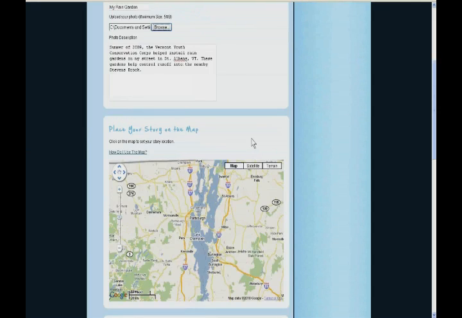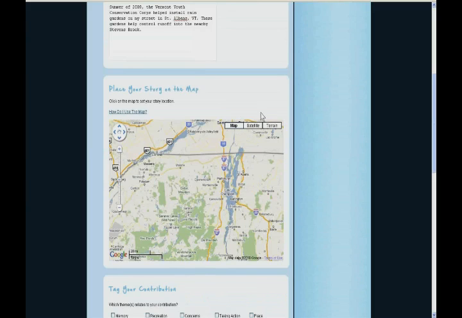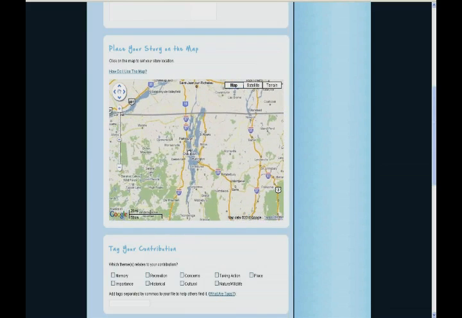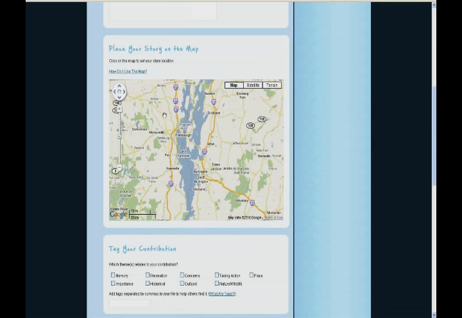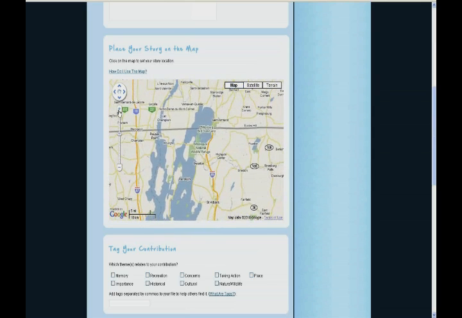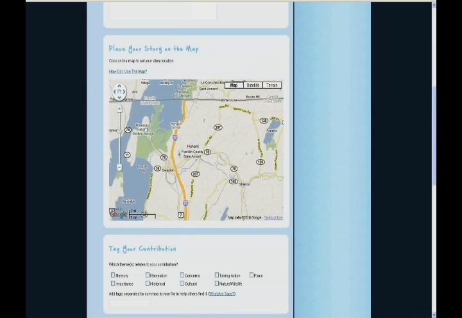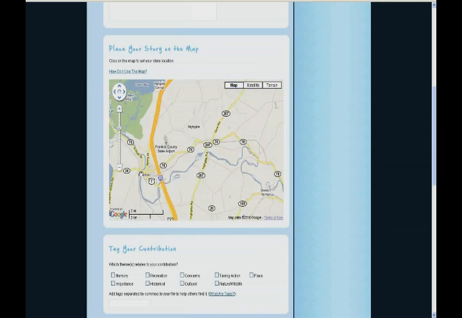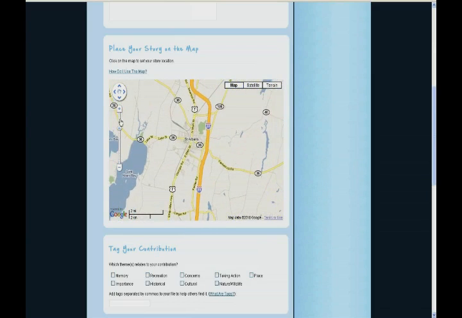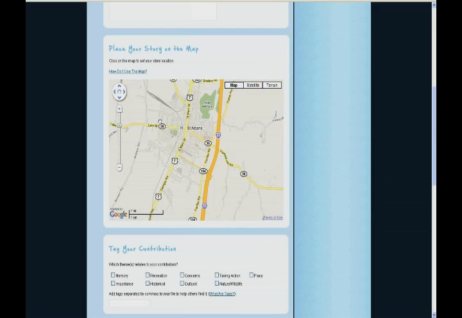The next thing I want to do is I want to put my story on the map. So we used a Google Maps feature here that a lot of people are becoming more familiar with to be able to geolocate or tag people's stories. Place is very important in storytelling and trying to move people to action, so we wanted to include a feature so that folks could place their story on a map, and then other people would be able to find stories from where they live. So I'm using the scroll feature in the upper left corner to scroll a little bit farther down